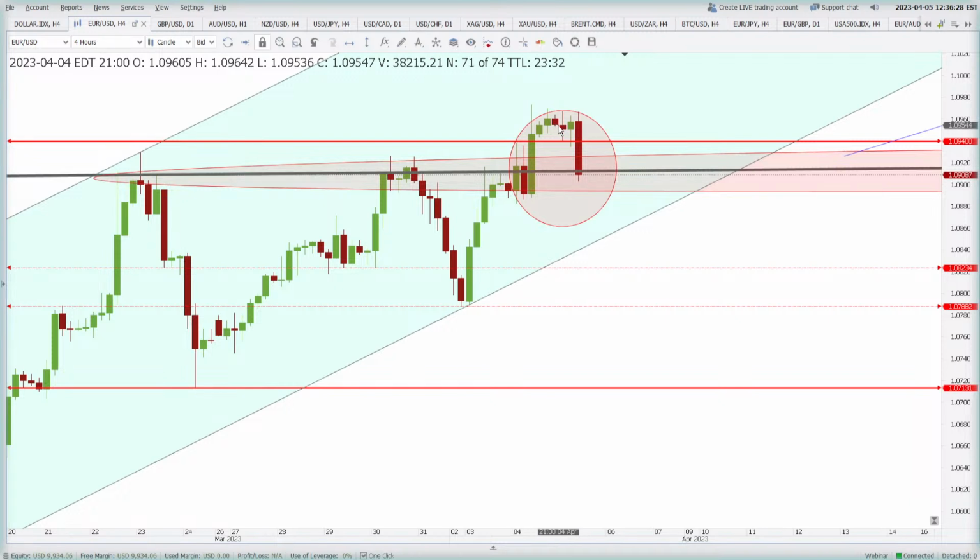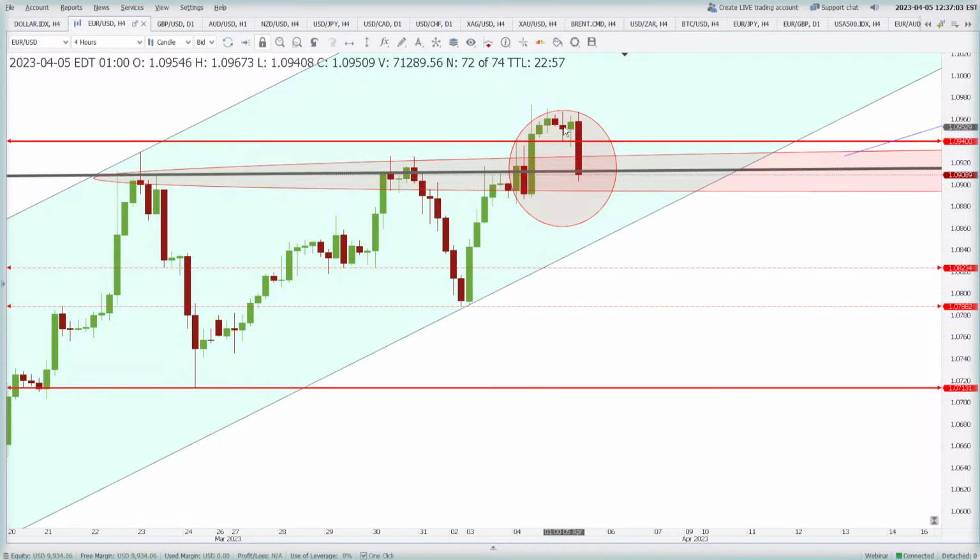Do you see? After opening here, the price made a high around 1.0967, then made a low around 1.0940. I will say only like 20 pips or so, 27 pips. Thereafter it opened here, made a high of 1.0962, almost just 5 pips less than that previous one, and made a low of 1.0934. This was again around 30 to 35 pips. Now this one again went higher to 1.0966 and made a low already at 1.0902.